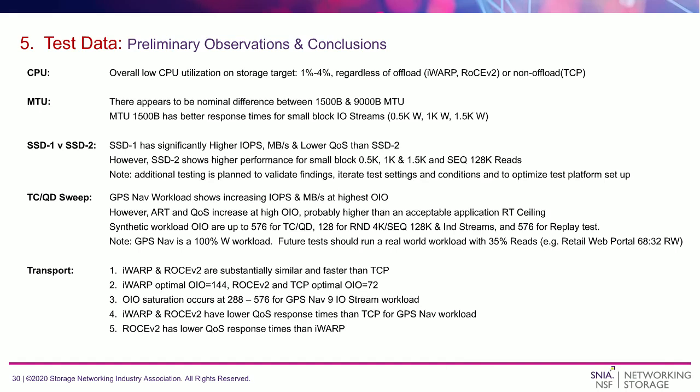Comparing the two types of SSD, the high performance, low capacity SSD1 has significantly higher IOPS and lower quality of service response times than the lower performance, higher capacity SSD2. But again, SSD2 shows higher performance for those certain small block sizes and certain sequential 128K reads. Again, I want to emphasize that this is first pass testing and we need to validate the findings and look into those anomalous or high readings and see what's causing them and perhaps optimize the setup to evaluate what's